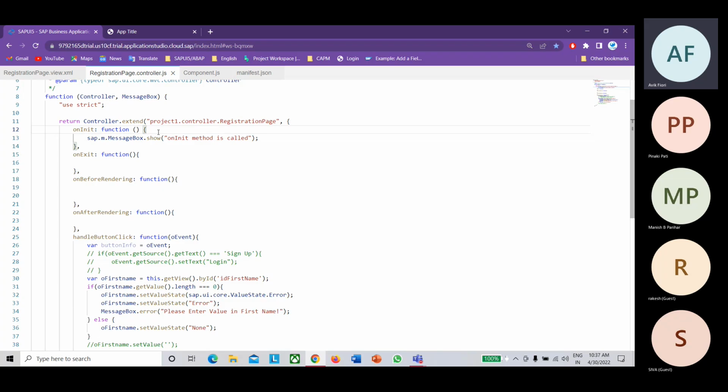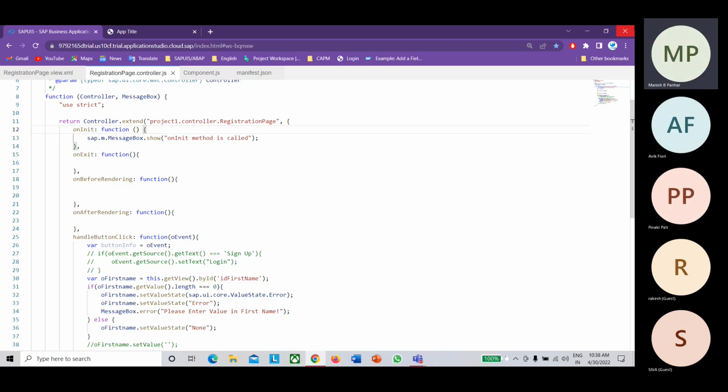You don't want to read it again and again. So this is a one-time activity for that application and for that session. That type of code you can add inside onInit. Okay, is this clear, guys?